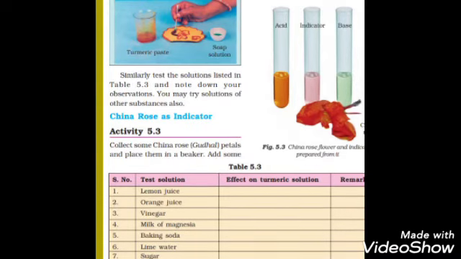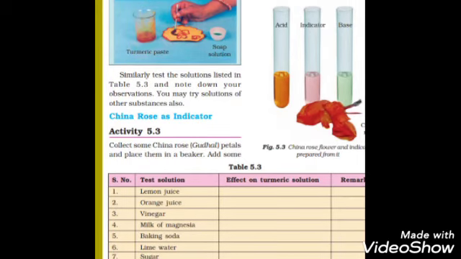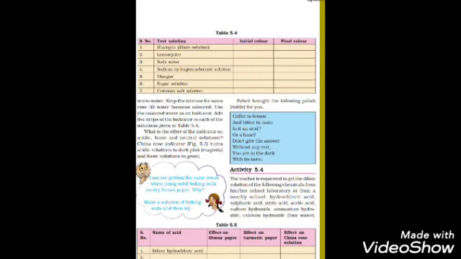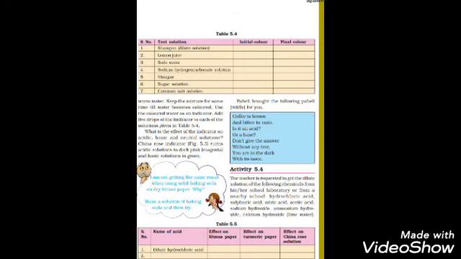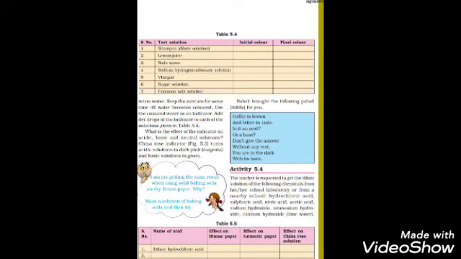Understood, all of you? So you have to test it: shampoo, and you have to write the initial color and the final color. As shampoo is a basic solution, always know that, it will turn greenish in color. Lemon juice is acidic, its final color will be magenta after adding a few drops of this indicator. Soda water is also acidic. Sodium hydrogen carbonate solution is a basic solution. Vinegar is acidic. Sugar solution is basic. Common salt solution is also basic.